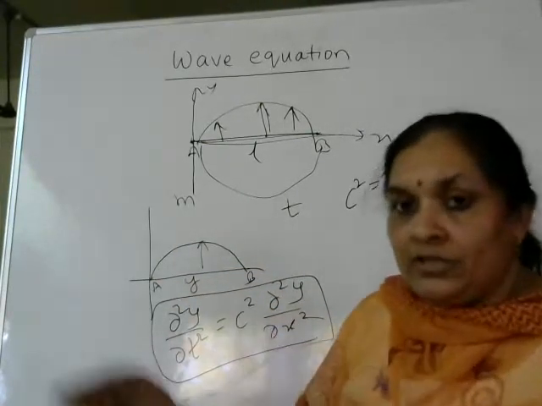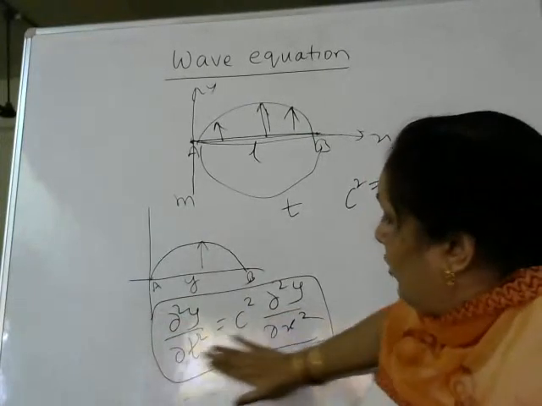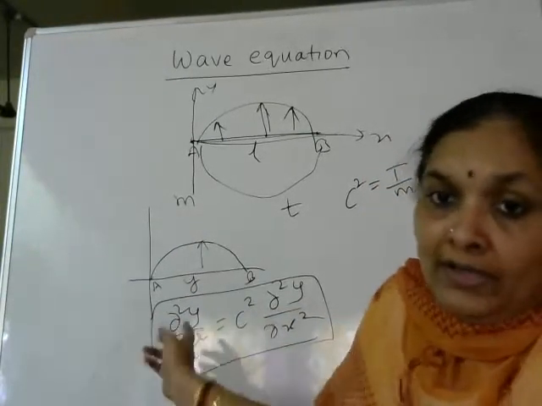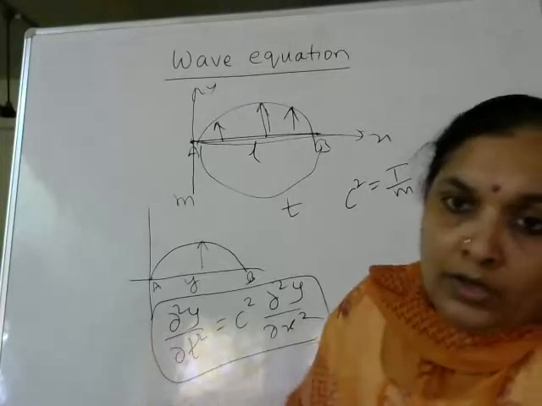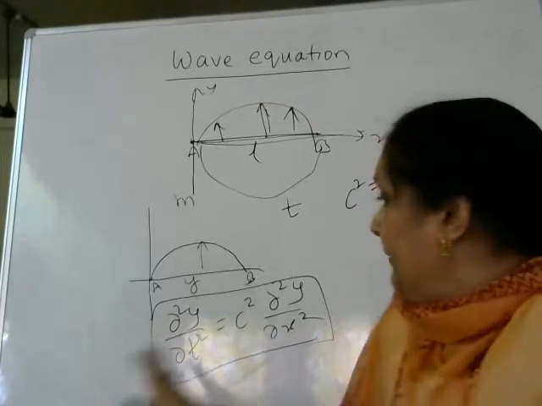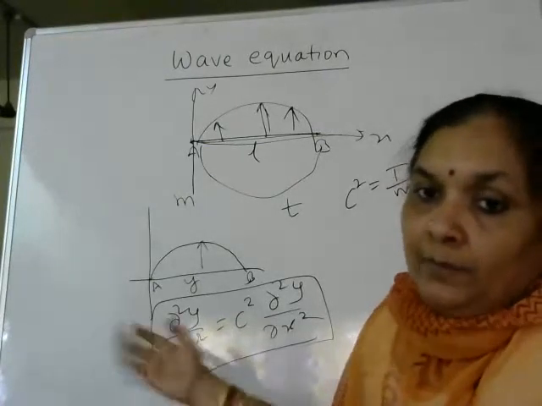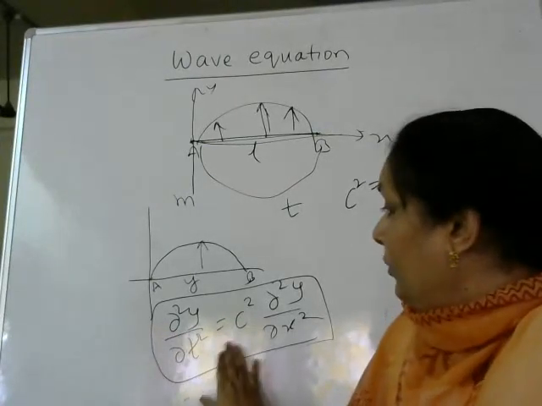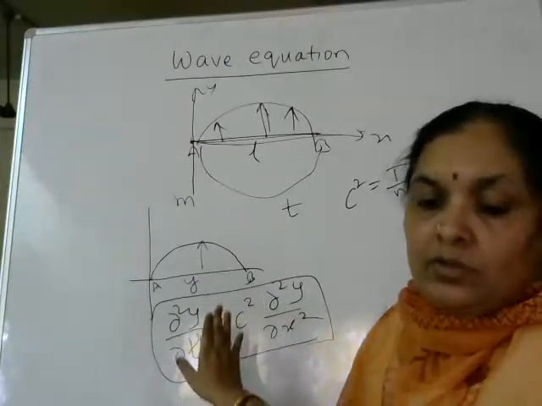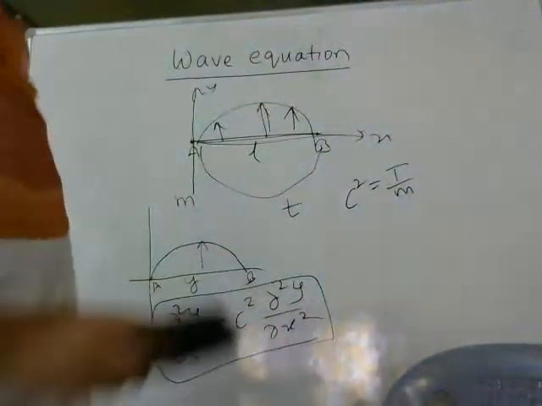So before starting that, I'll tell you first how to solve this equation. Already I have given you the theory part for this. You can take it down in your notes or take a printout, and we can do the problems related to this now. Next, I'll tell you what we have in the problem part. First, we take this equation and try to find the solution of the wave equation. So what is the construction we have taken?